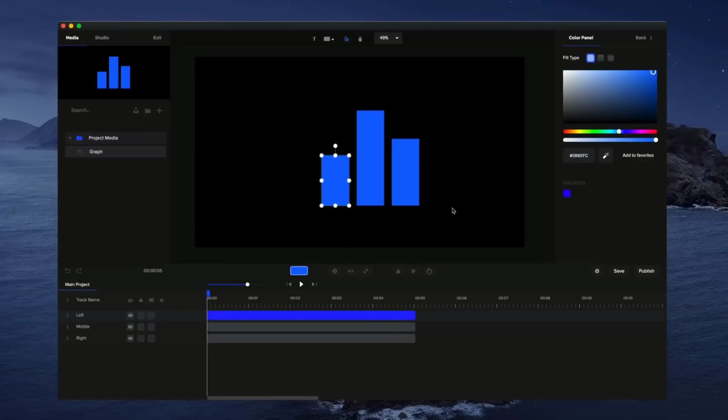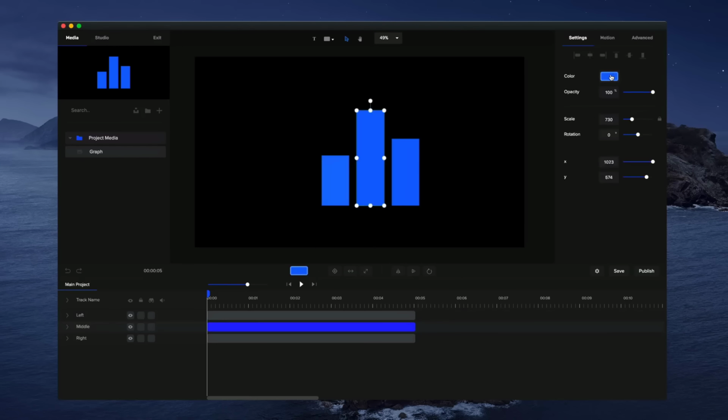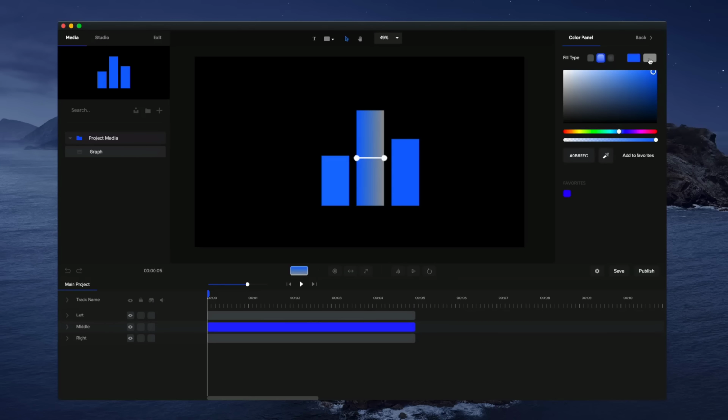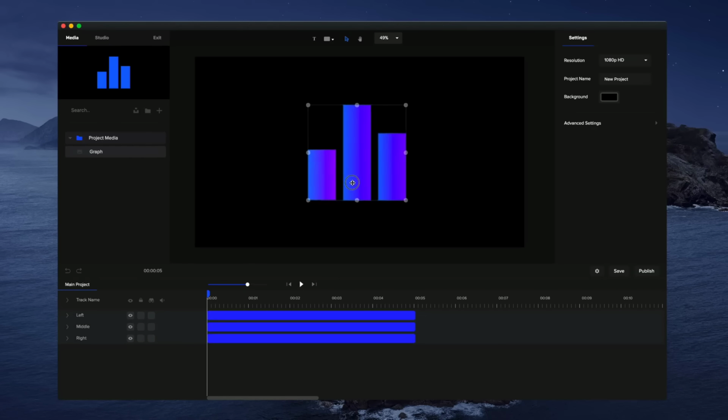SVG shape and click on this color over here, and you can adjust the colors as you like. You can add gradients to them as well if you want to make it like so. So let's go and bring that up like that. So now that I've created my design, I'll just drag these into the middle, and I'm going to create some